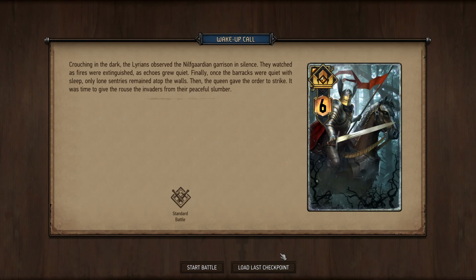Wake-up call. Crouching in the dark, the Lyrians observed the Nilfgaardian garrison in silence. They watched as fires were extinguished and echoes grew quiet. Finally, once the barracks were quiet with sleep, only lone sentries remained atop the walls. Then the Queen gave the order to strike. It was time to give the rouse the invaders from their...